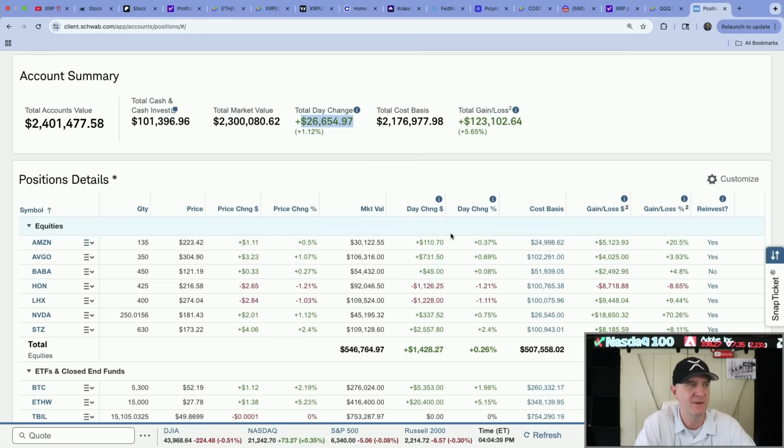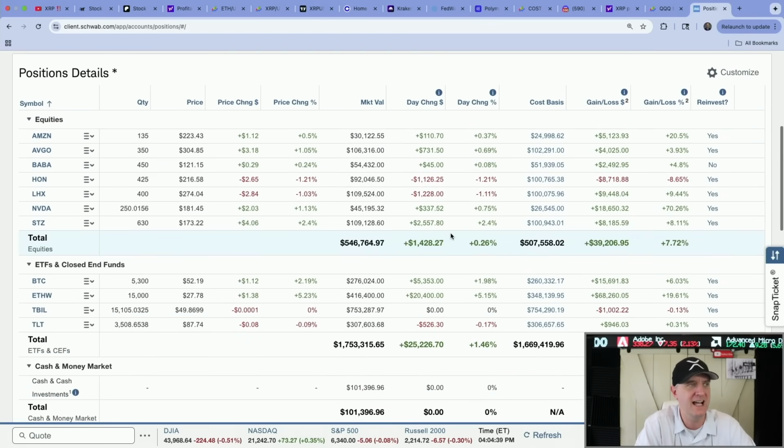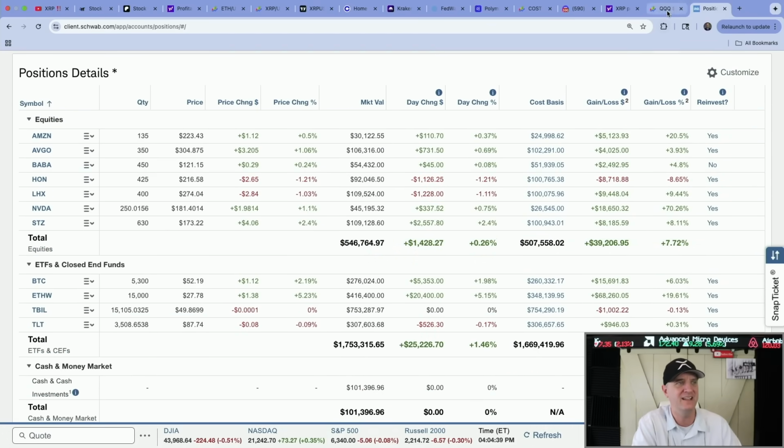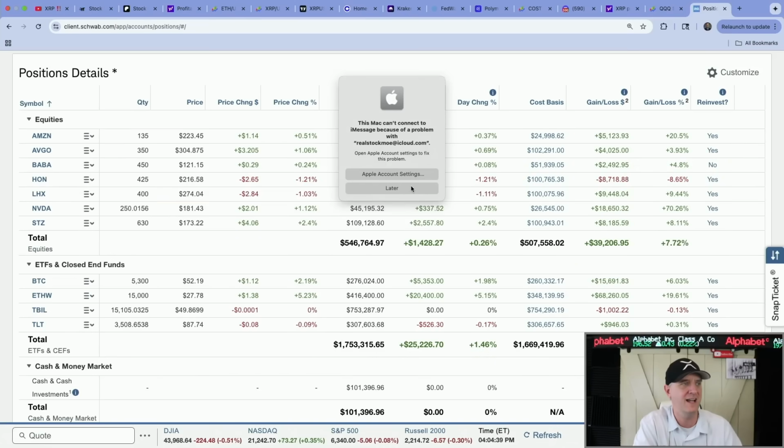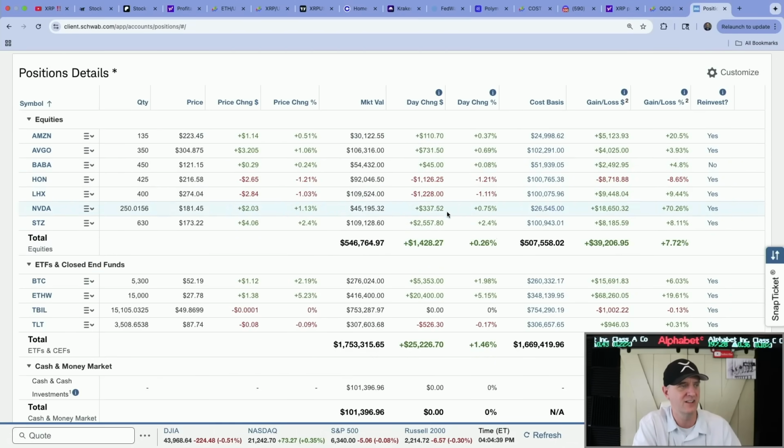But I did want to give everybody an update on the equities. Today was a down day, I believe, in the equities. Yeah, across the board, red, a little bit of green in the NASDAQ. So if you come over and look at my equities, you guys can see how they ended up today. Just tiny, all right? Nothing really to write home about.